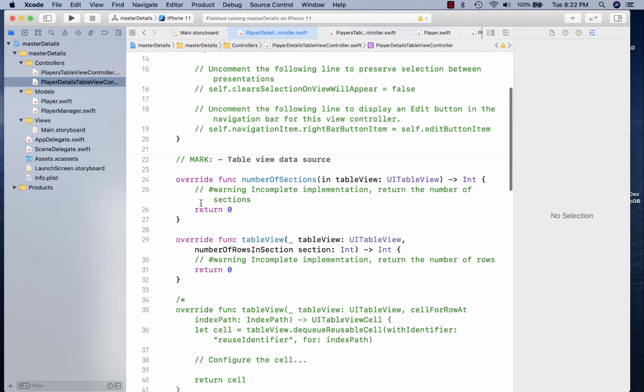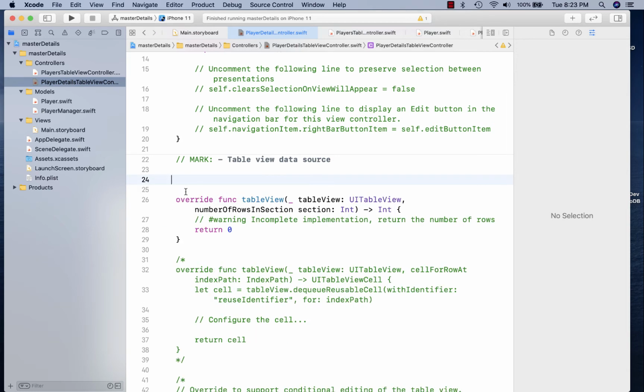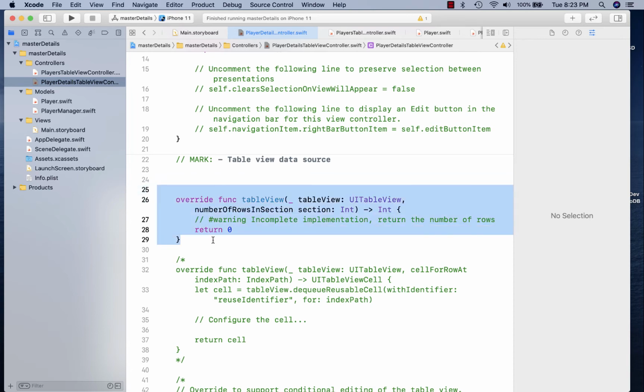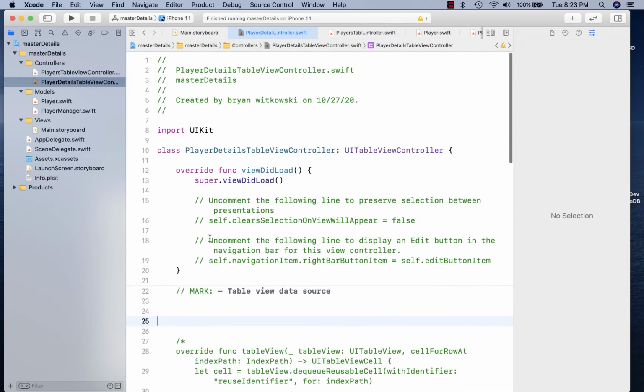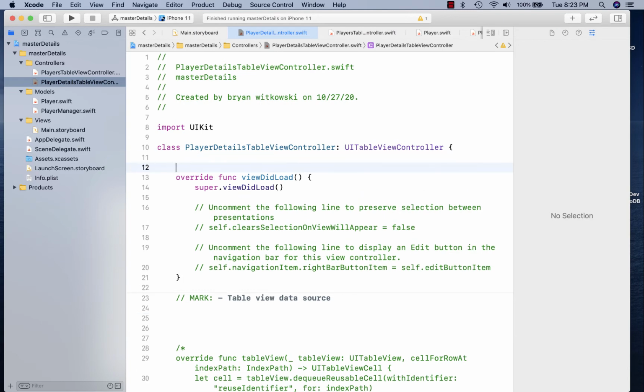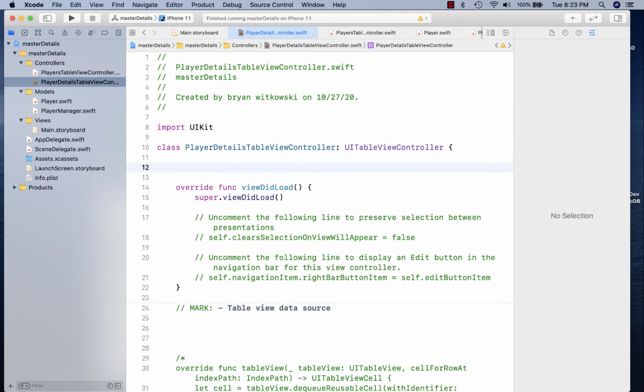What we want to do is, I can delete this. That's kind of interesting. I'm going to delete that. And then number of rows in section, I'm going to delete that as well. And I still need that functionality, but the values can't be 0. So what I want to do is, at the top of the class, instead of having essentially a getter to get those values, I'm going to say table view